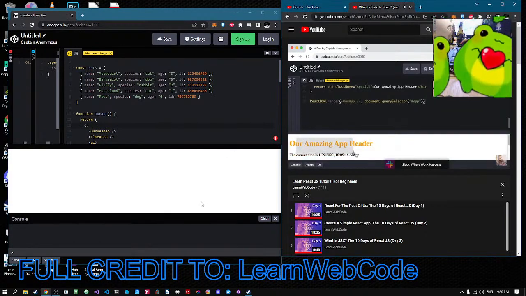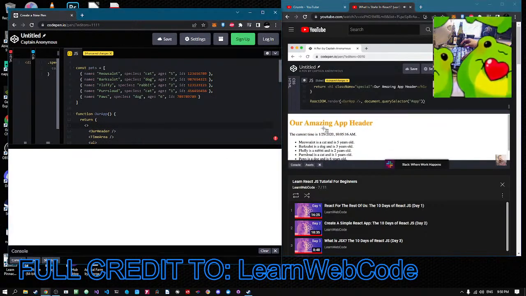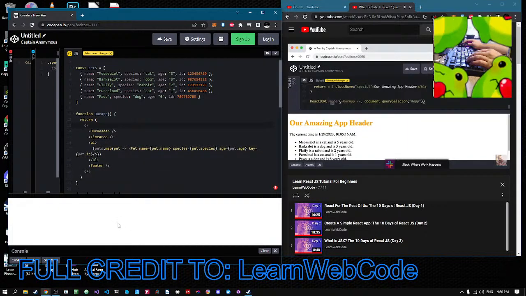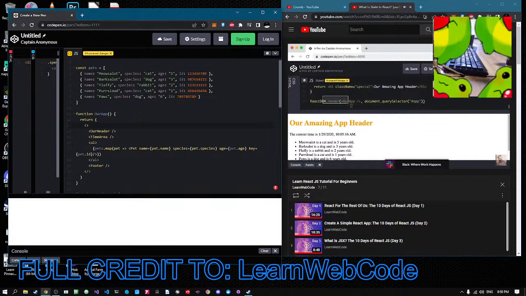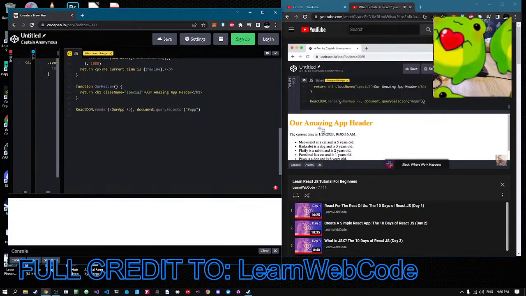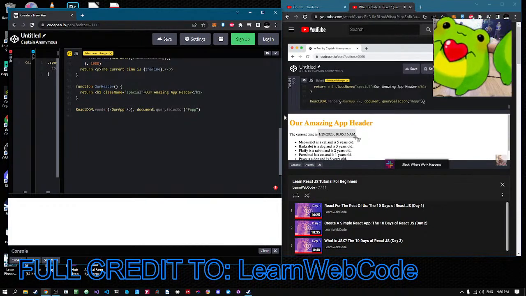Down in the preview area, you should still see your application, only now the time is not actually getting updated every second, right? Because we're only rendering once when the page first loads. So let's give ourselves a goal. Let's adjust our time area component so that it